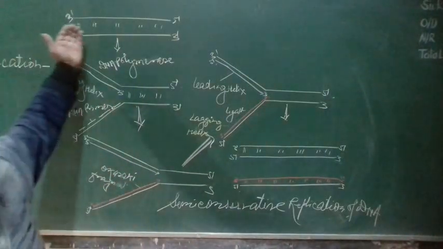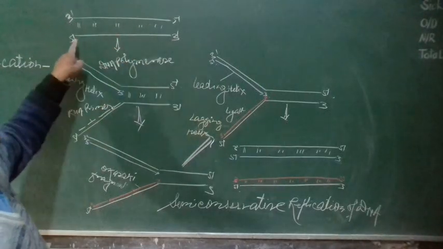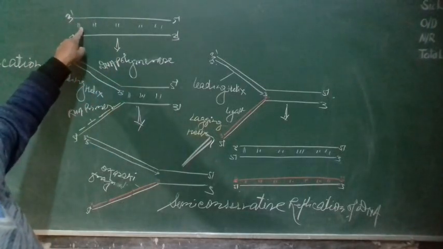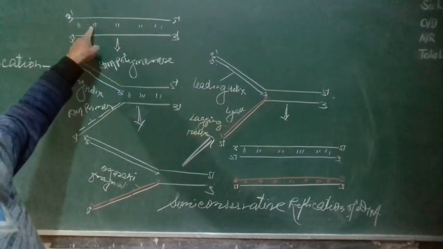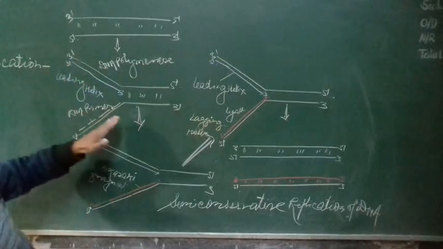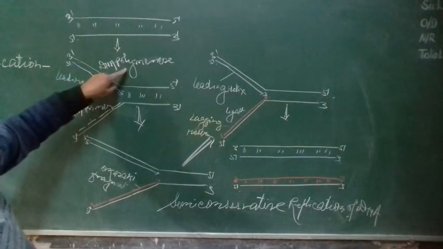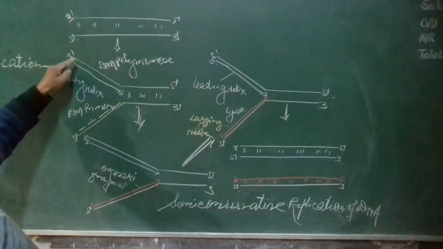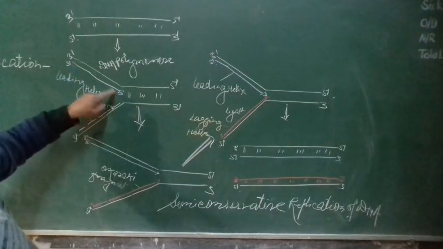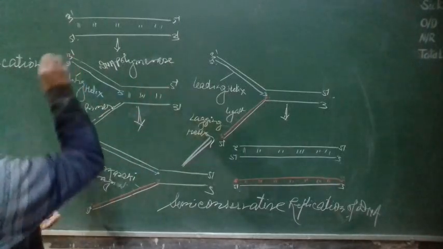Let's look at this once again. This is the 2 helix of DNA. One helix in 3 to 5 direction and the other in 5 to 3 direction. During replication, with the help of helicase enzyme, from the origin of replication, this helix opens, partially opens, then forms the replication fork. As the replication fork arises, the DNA-dependent DNA polymerase enzyme starts elongation of the complementary helix in 5 to 3 direction on the template of 3 to 5 polarity strand. So this helix is called the leading helix.